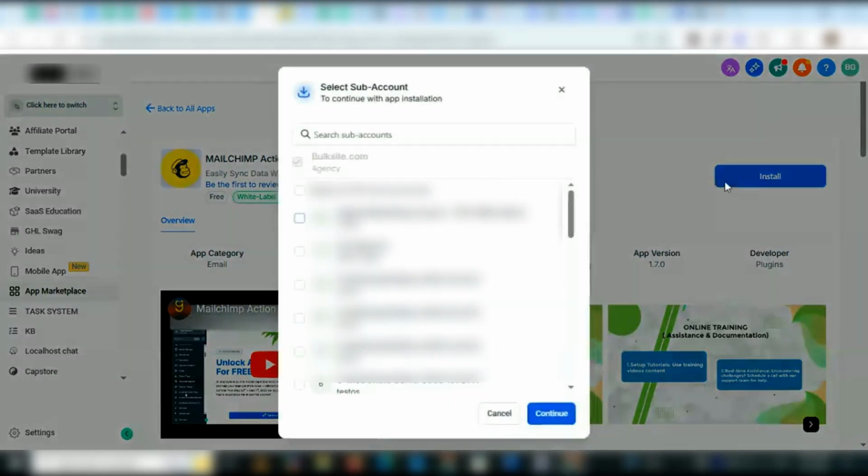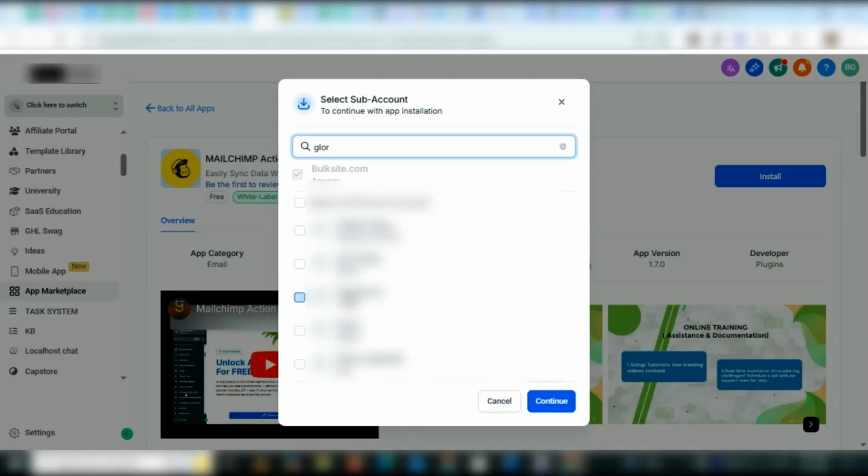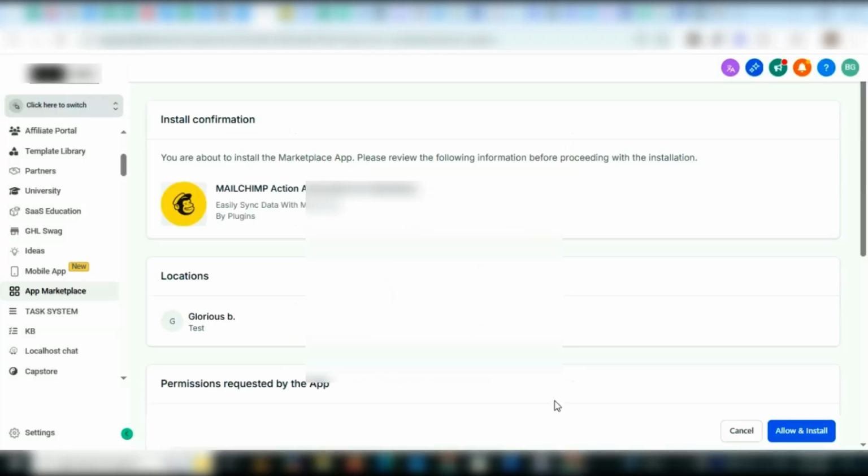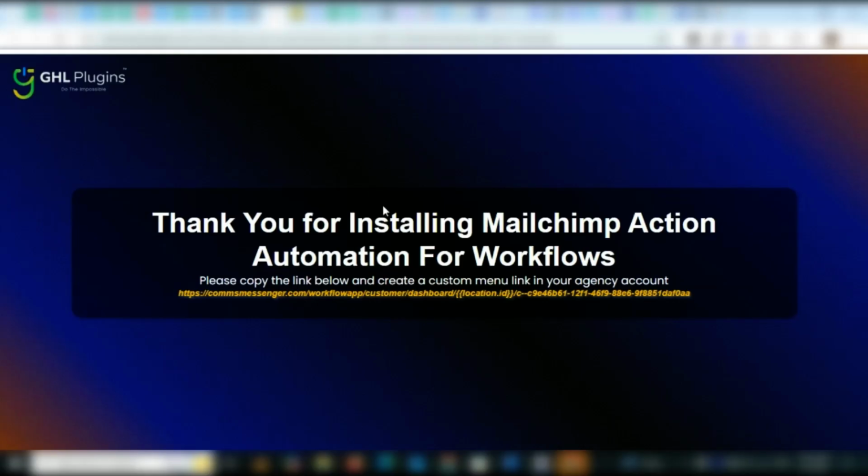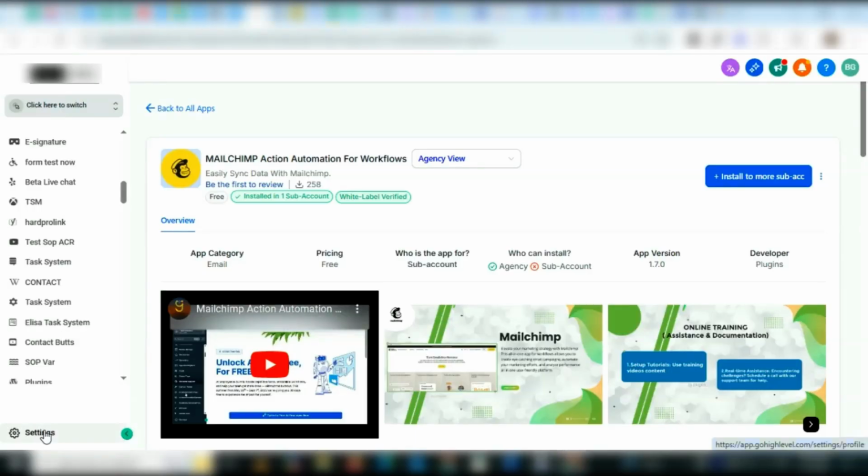Click on Install, search for the account in which you want the app to be installed. Select your account, click on Continue. Click on Allow and Install. A custom menu link is going to pop up. You're going to copy your custom menu link, head over back to your account, click on Settings,